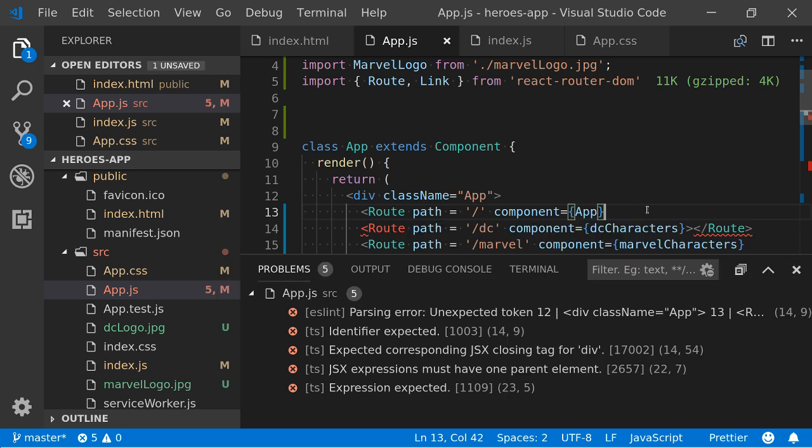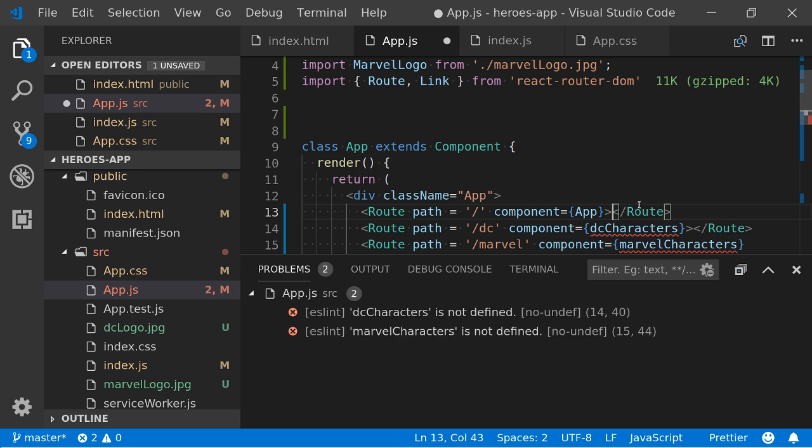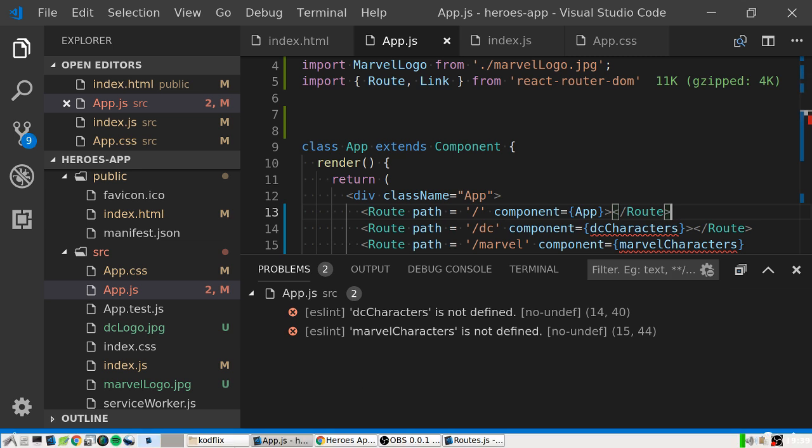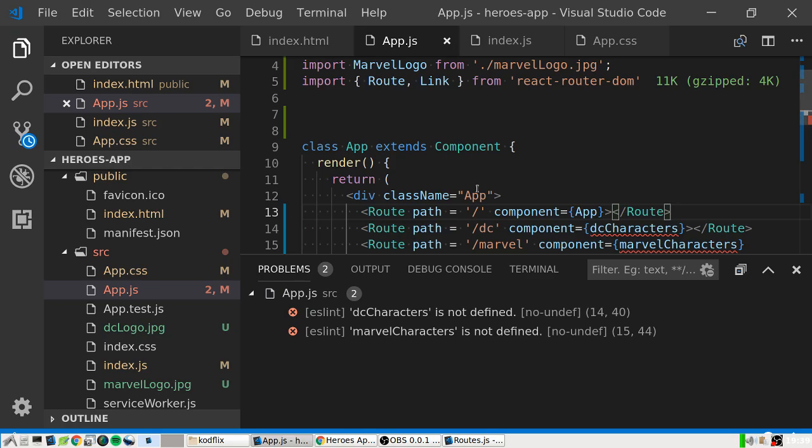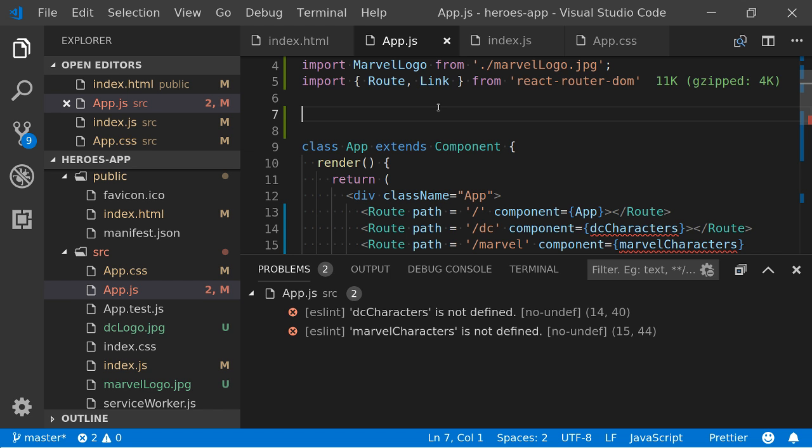Don't think that will like that. Right, let's see what happens at the moment. Oh, is it not like that at all? Okay, yeah. So let's quickly define those then.